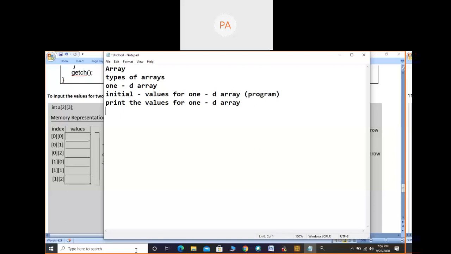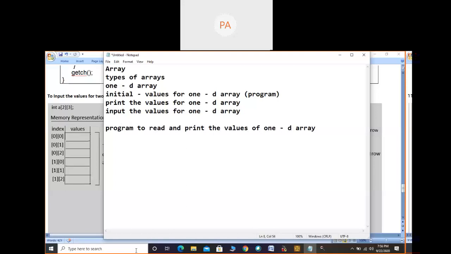Next step, we can input the values for 1D array. After giving input, we consider a total program: a program to read, where read is nothing but input, and print the values of 1D array.